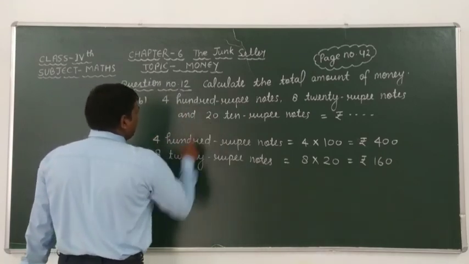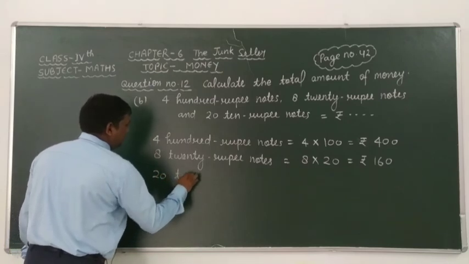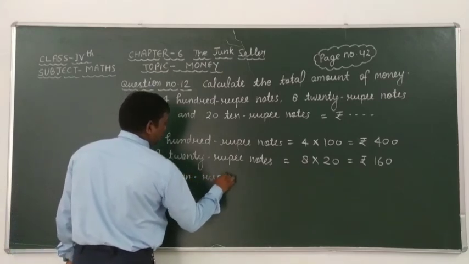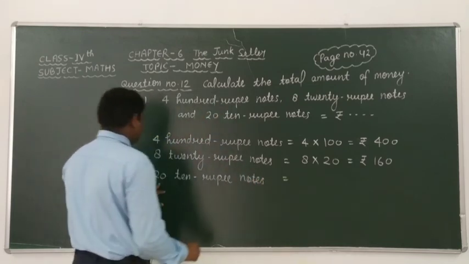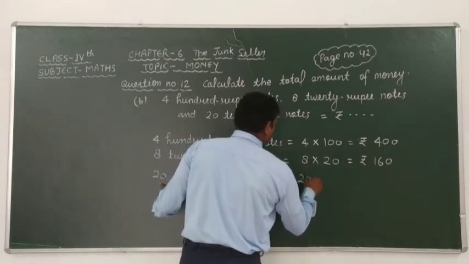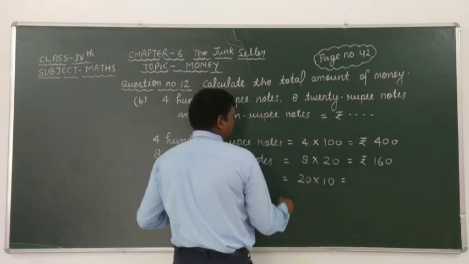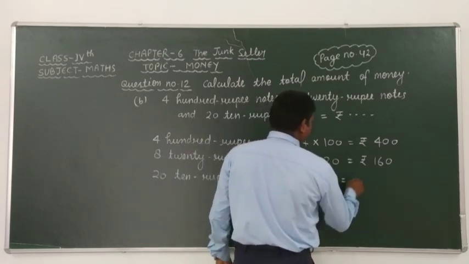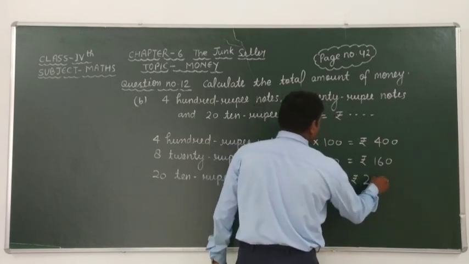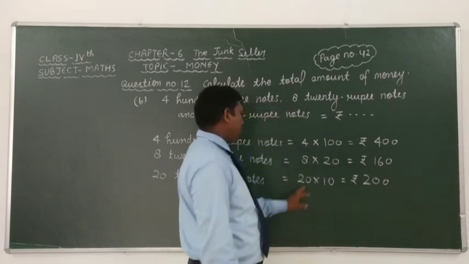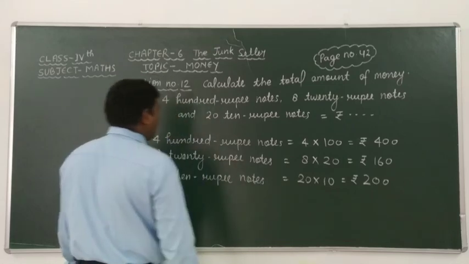Similarly, in this here given that 20 10 rupees notes, 20 10 rupee notes is equal to, students, here we have to take 20 and here given that 10, therefore here we have to take 10. After multiplying these we get 2 1s are 2 and 0 0 as same, here we have to take 0 0 as same. It means that 20 10 is rupees 200. Understand? Then the total amount of money